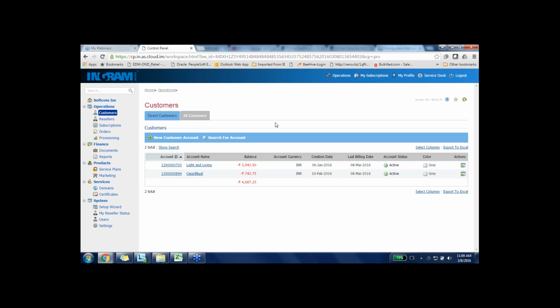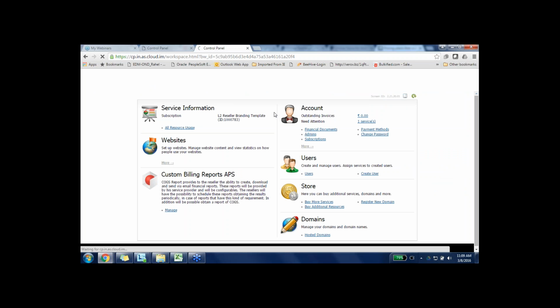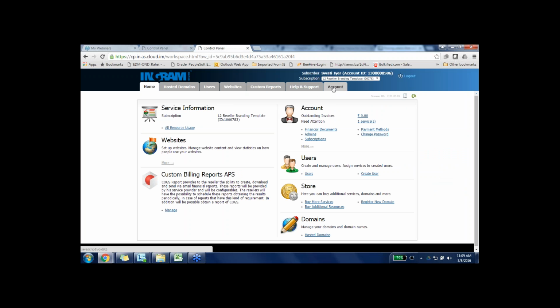So this is the partner panel, which is most important for the partner to understand. So partner can go to the my subscription option over here. Okay, so this is how the partner panel will look. This is the reseller ID basically, you can say, which is required by the partner. Reseller ID, or you can say account ID. Okay, so partner has to remember this ID